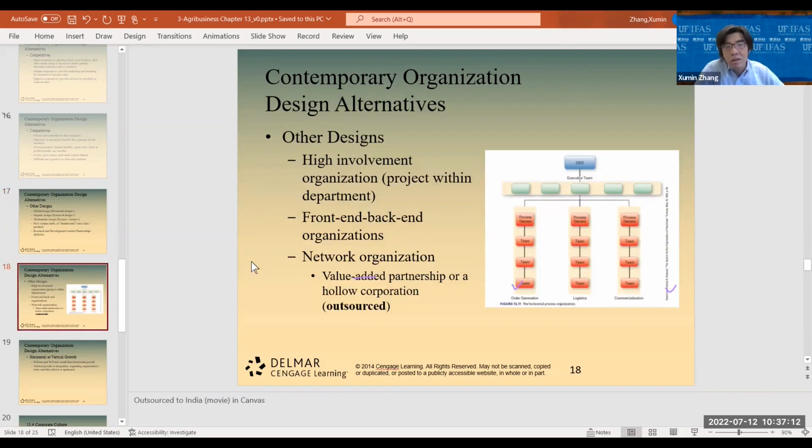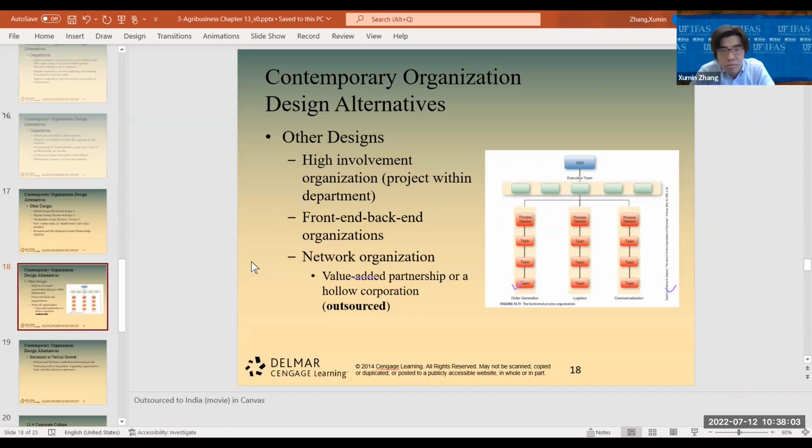This high involvement organization, as I just mentioned, is M for Matrix Design Plus. Why Matrix Design Plus? They just group them together, all right? A special task force together. The front end, the back end, it's just like putting the sales team together with the operation team. This is very common in retail or wholesale companies or consumer goods, consumer product companies. Why? When the sales team and the production or operation team get together, they can quickly collect information from the environment